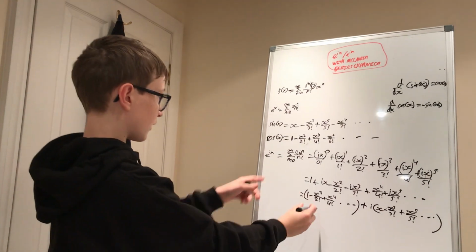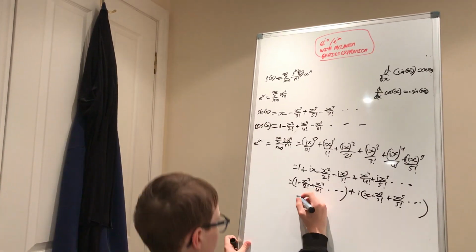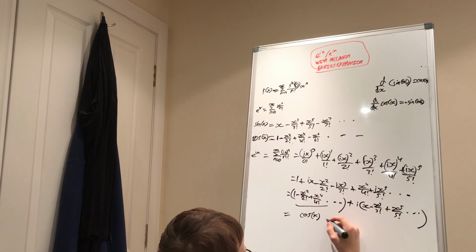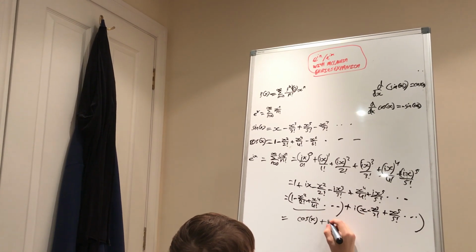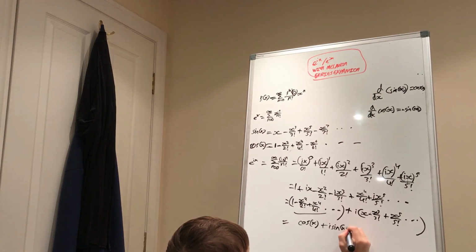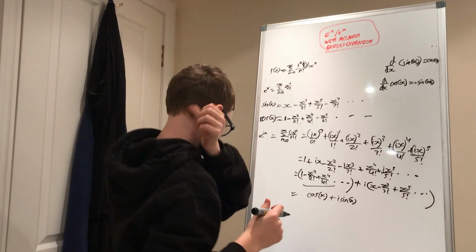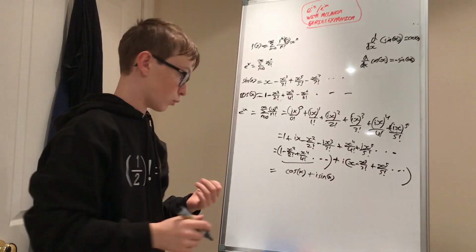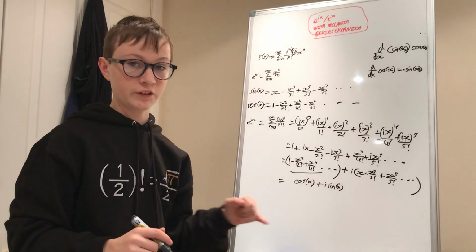And now if we trace back, we get cosine. This is all equal to cosine x plus i times sine x. Okay, now if we plug in pi, cosine of pi is negative 1, sine of pi is 0, so